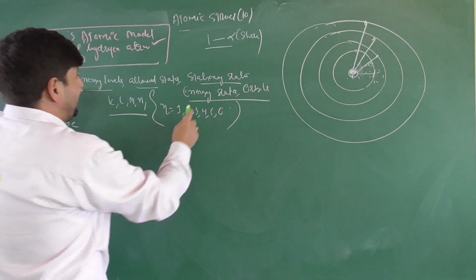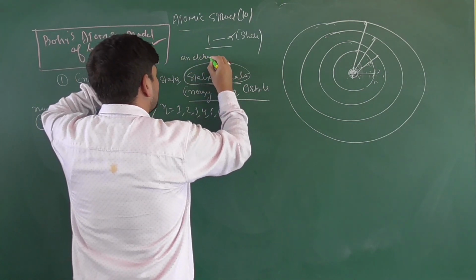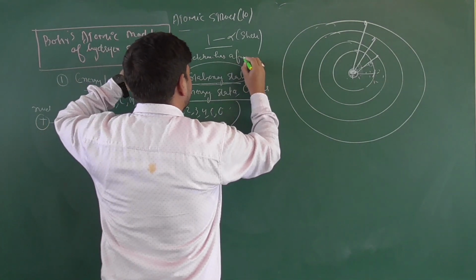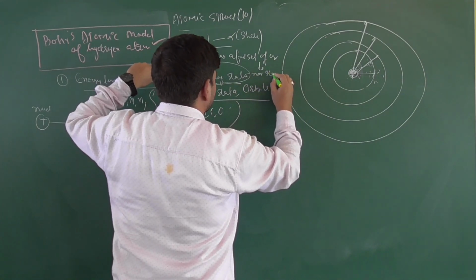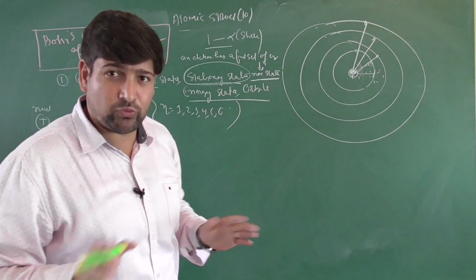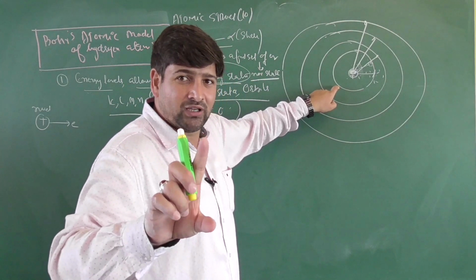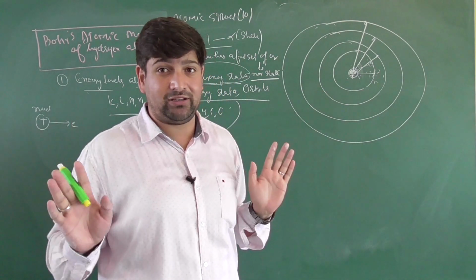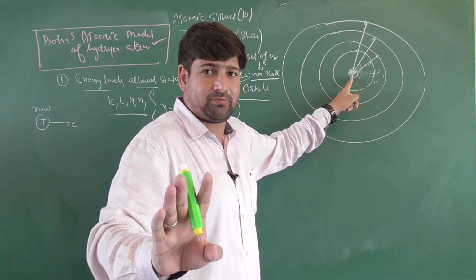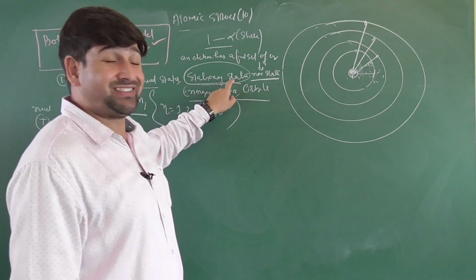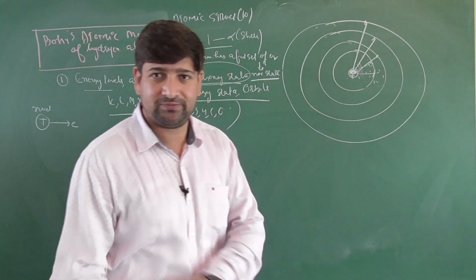Why do we call those regions stationary states also? Because an electron has a fixed set of energy in the normal state. If you are not heating it, if you are not giving energy to the atom at all, then in that particular region there is a fixed energy. It neither loses it nor gains it if you are not giving any energy. So it will keep moving around the nucleus with that fixed amount of energy and with that fixed velocity itself. That's why they are called stationary states, because this is an energy level where an electron neither loses nor gains energy.